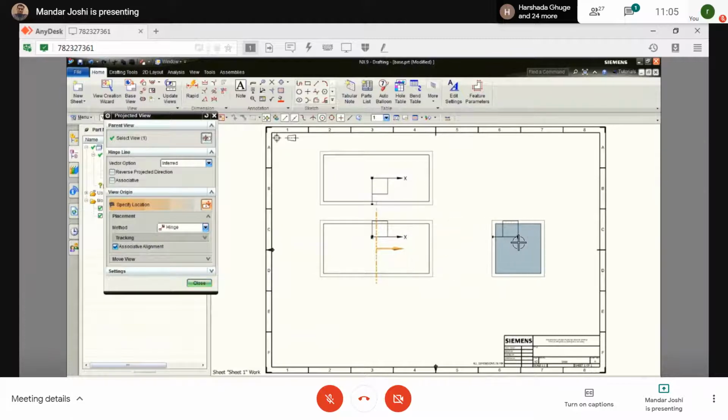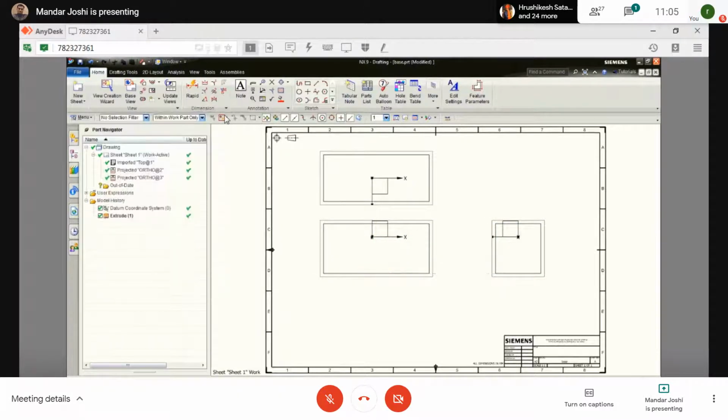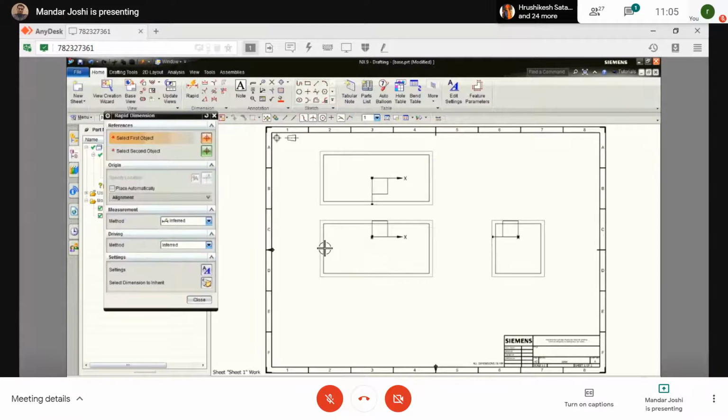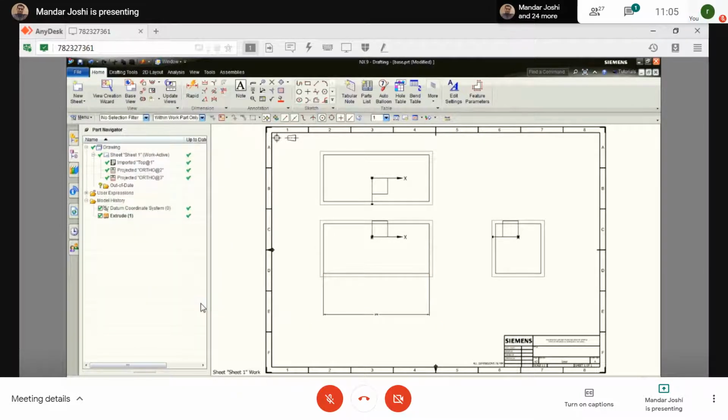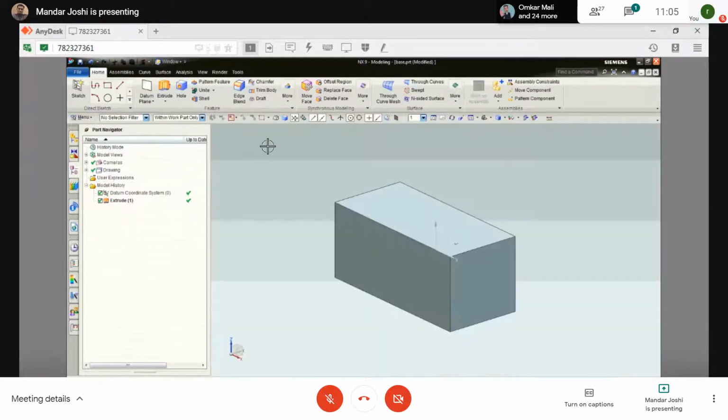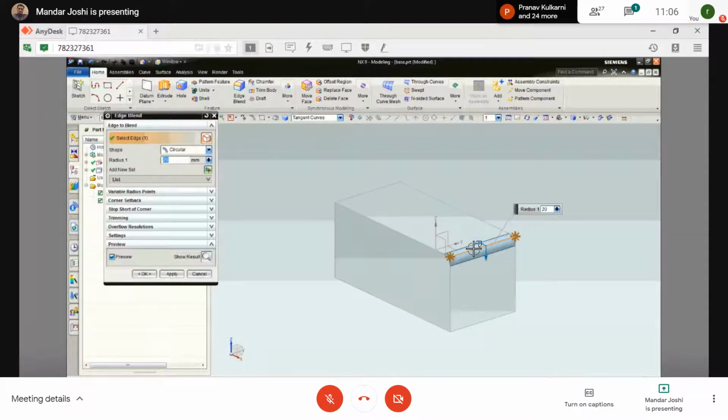Also click here, go to this rapid dimension, select this, also select this. Now I put a chamfer on this, press M key, or you can take the round. That round size is, let's say, 28, or you can take 35.